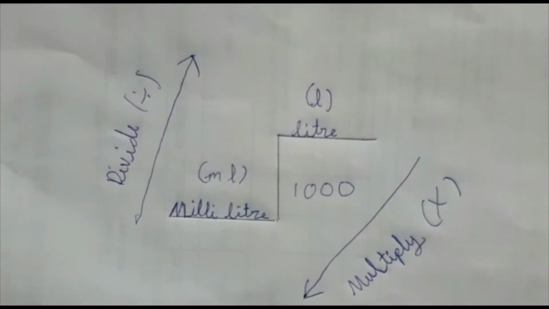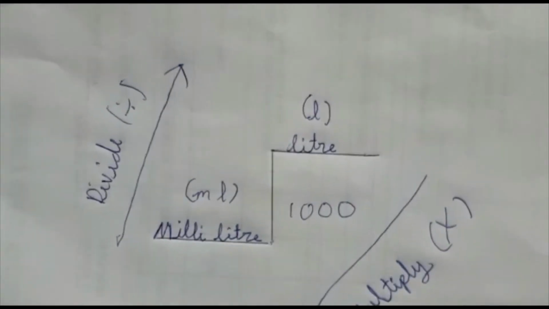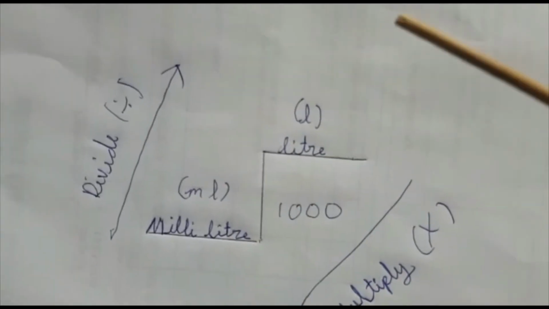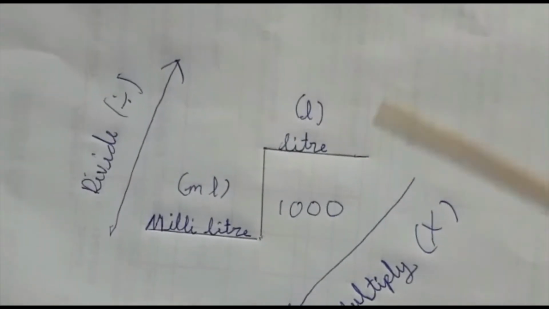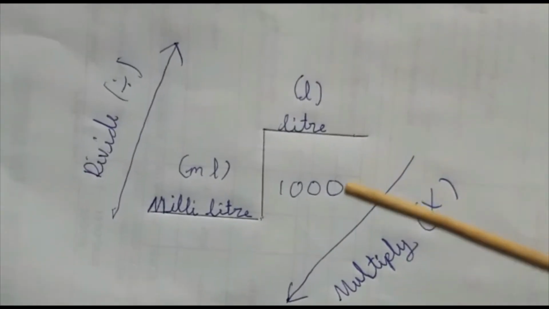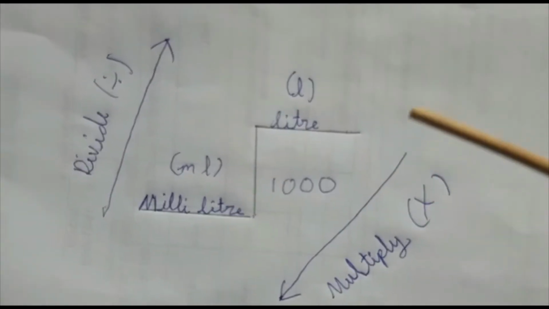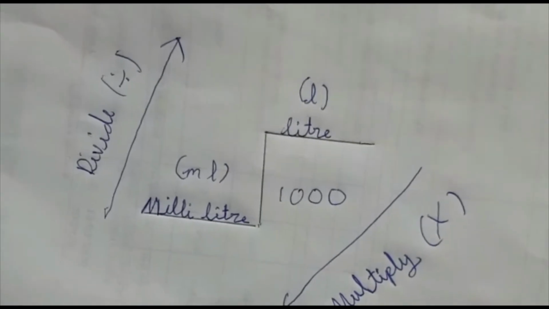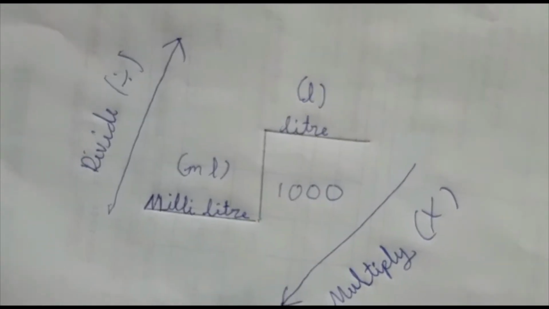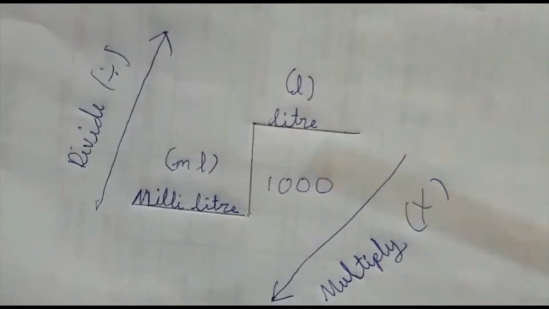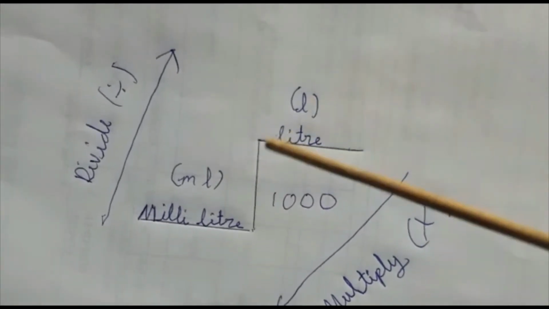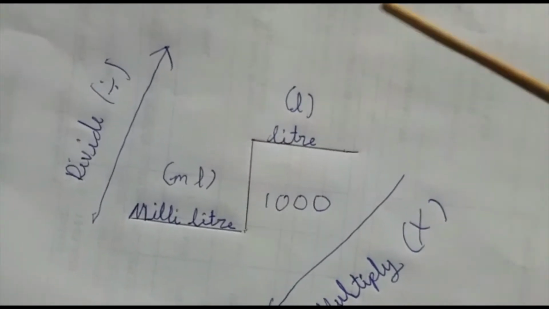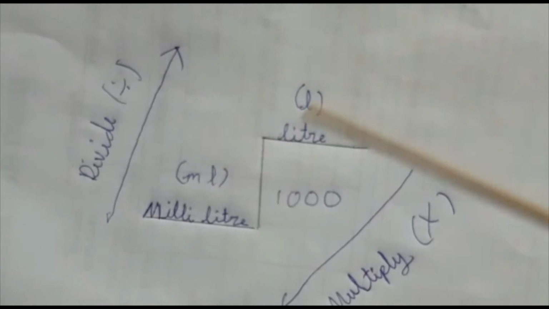Thank you. So same like that ladder for length, ladder for volume conversion also. When I was explaining the previous video, my little girl made this. That's why I'm just showing this. She's in grade 2. My ladder was the other one, so she just made this one for volume. Just go through that. Otherwise she will be sad. That's why I'm showing this now. Otherwise you know this, I know.